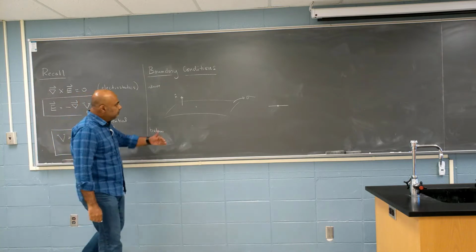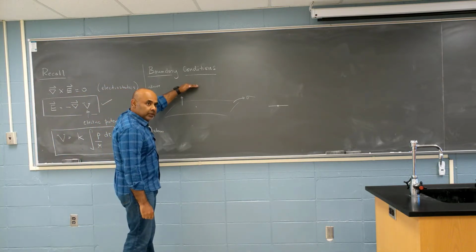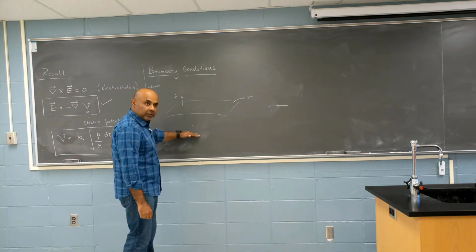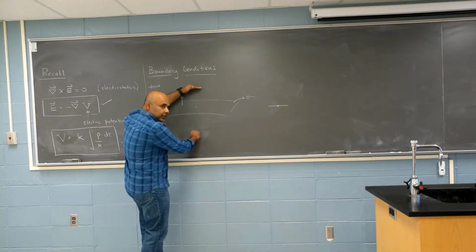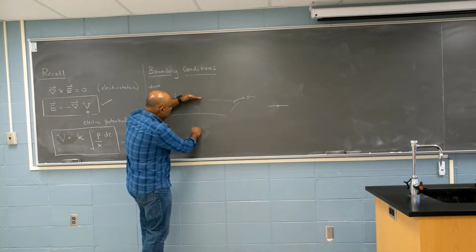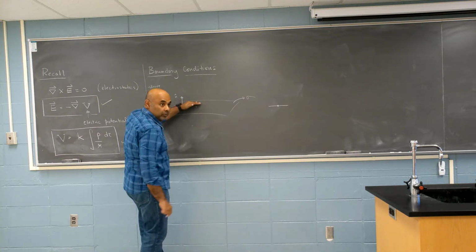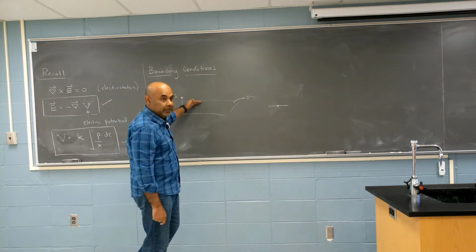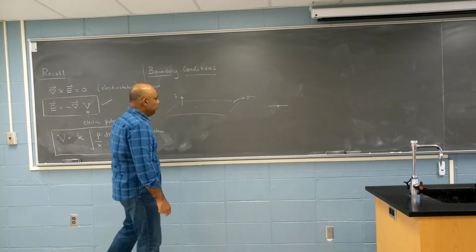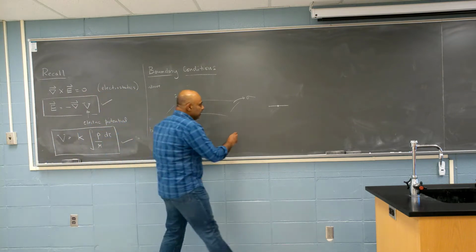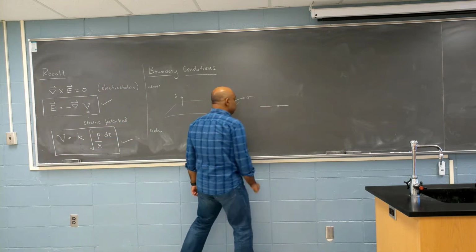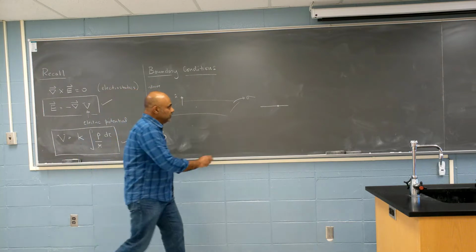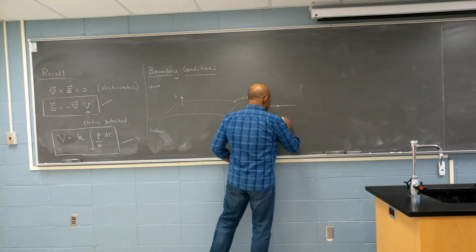So what we want to do is look at the electric field over here and look at the electric field over here. And then let the value of the electric field approach the surface from above and approach the surface from below. And we'll see if they are in fact the same. We'll find out that they are not when there's a charged surface. So first thing we'll do is the simpler one. We'll try to compute the tangential component of the electric field, meaning